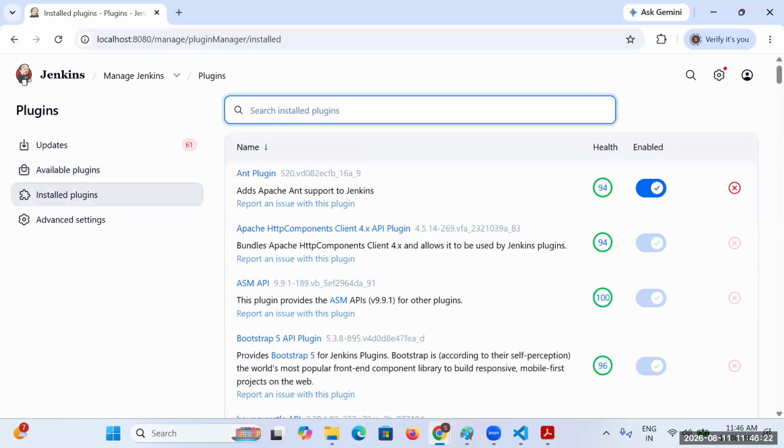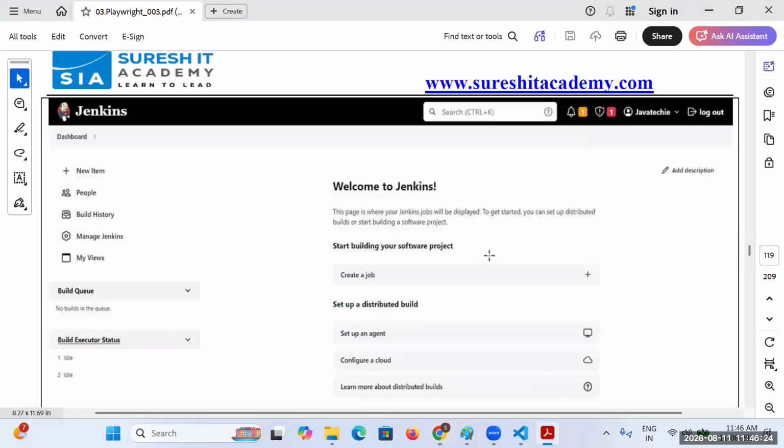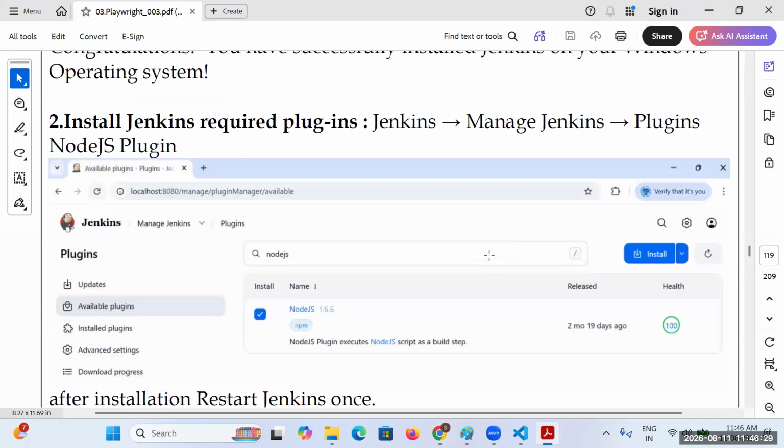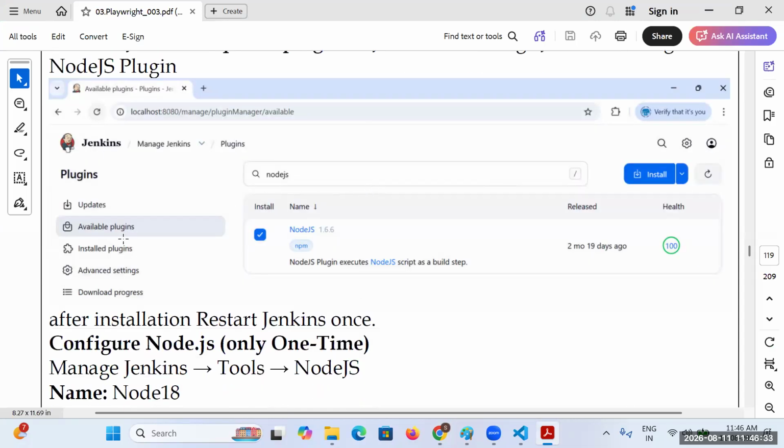The same thing has been documented very clearly. See here, I go to settings and then plugins, and click on available plugins. Once you click on available plugins, you will find Node.js.